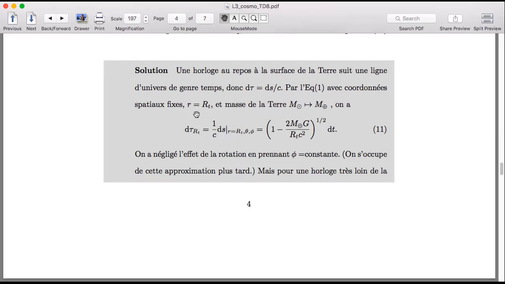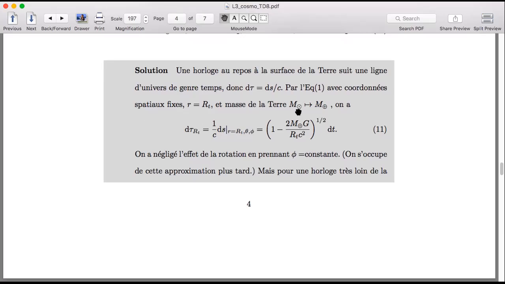But now we have, just like in the last exercise, the spatial coordinates fixed. So only the coordinate time enters into the ds. And because I only had 1 term, I went ahead and took the square root of this line interval, and I divided by the speed of light to get rid of the c here. And of course,